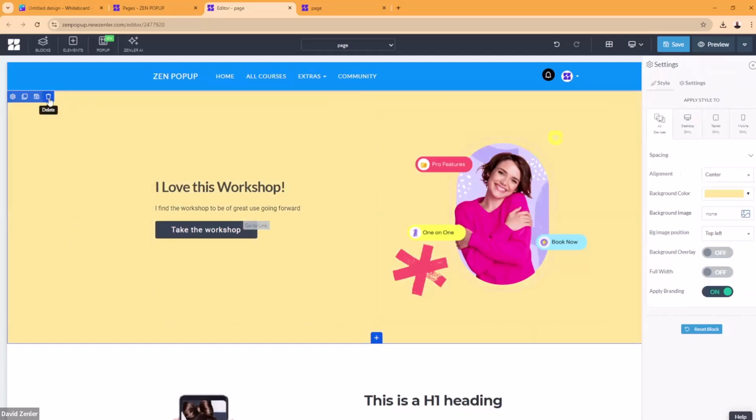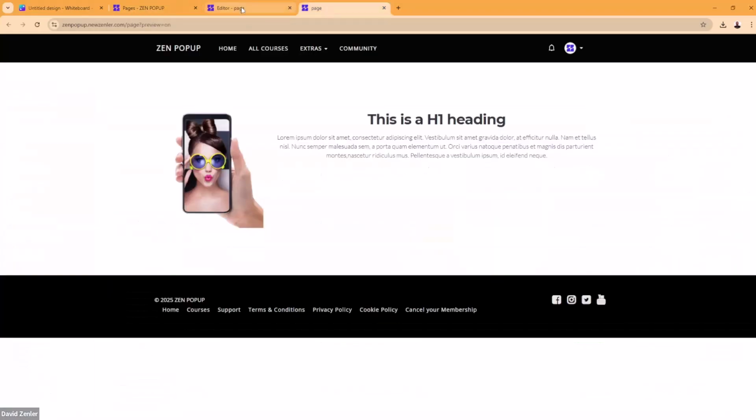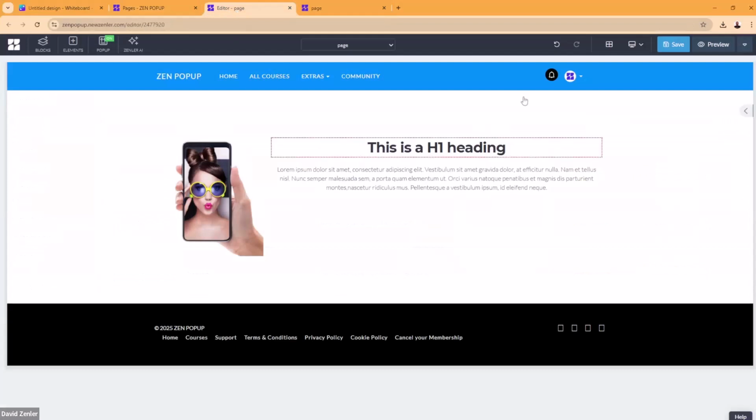The other way for you free users, this will really save you a lot of time. A lot of times we have in the Facebook group is, how can I clone the block? How can I put this into another page? How can I do this? And especially for you free users, I'm going to close this down. I'm going to show you exactly how to do it. If you've got a block in a page, say for instance this page here, and I want to put this into another page, I can come across. Free users, you can do this. Click this little marker here, and in fact, even you guys that are on the paid plan, I use this method sometimes rather than saving the custom block, because it's kind of quicker.